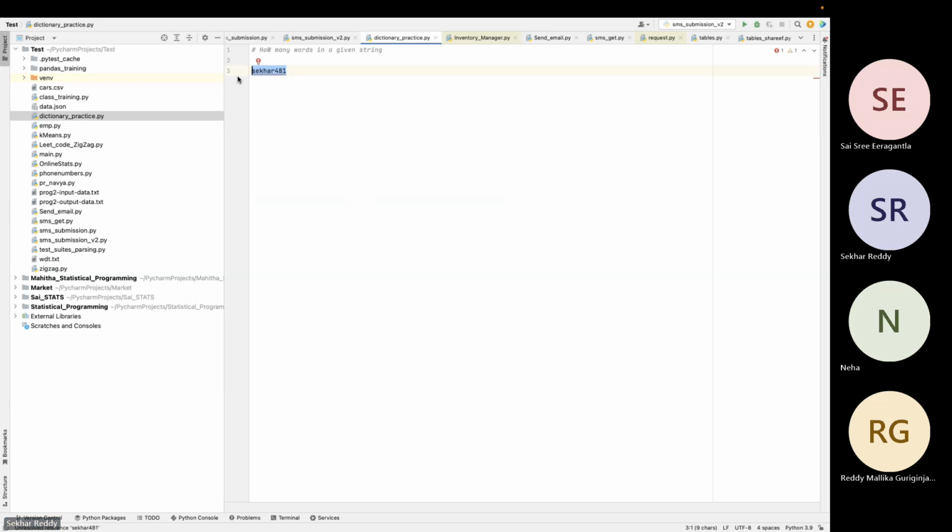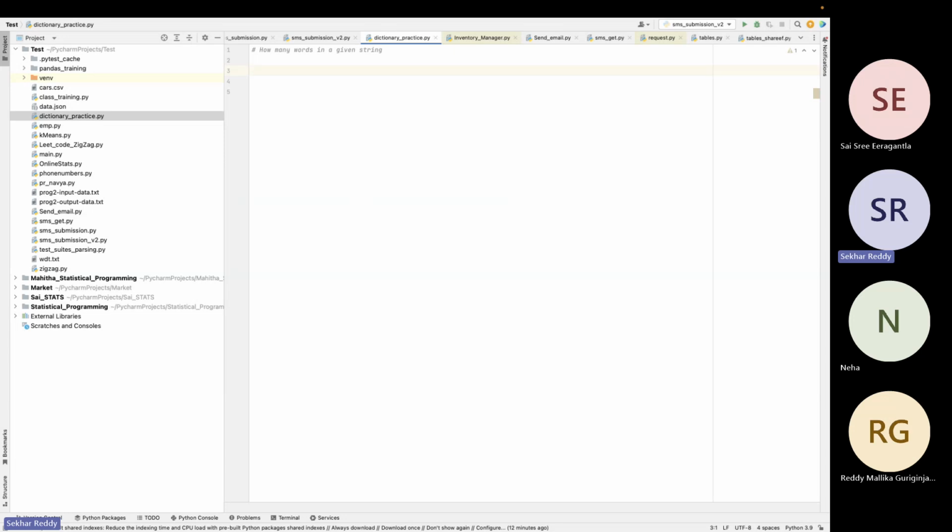So this is my ID. You can share your projects with me. You can ping me on WhatsApp so that I will check your code. I don't know how many of you have written the code for this one. Let us write a simple code for this. Then we will see about